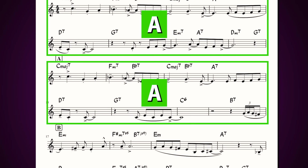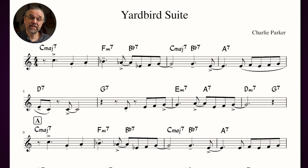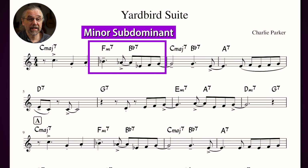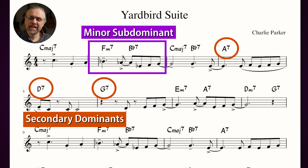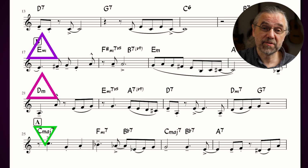It is an AABA form, and the first examples were on the A parts, which are in C major with a minor subdominant in the second bar and a few secondary dominants. It's nothing too complicated, as you've already seen. The bridge modulates first to E minor and then to D minor before returning to C major in the last A. Now in a later example, you'll see Barney Kessel lean into this modulation in the bridge, and turn that